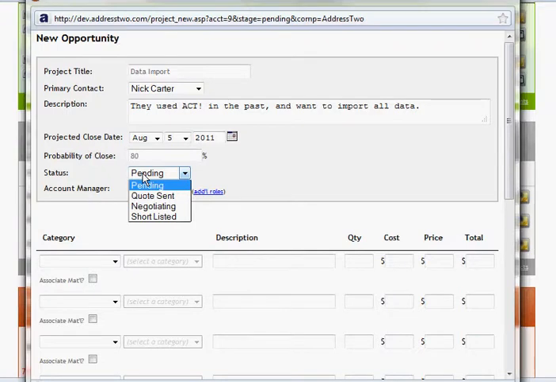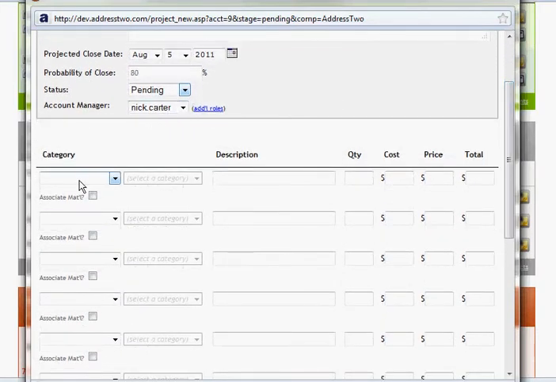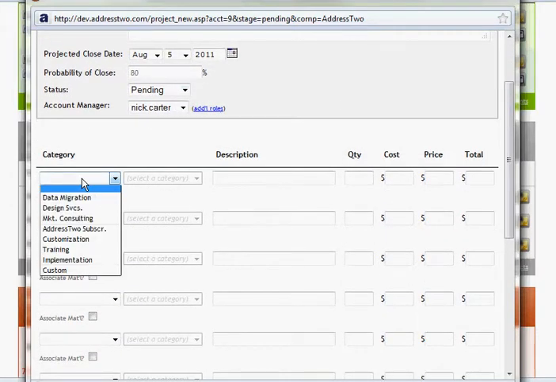We can have multiple statuses. So even within this opportunity stage or forecasted stage, we can have multiple statuses of the project. That can be, quote, sent, negotiating, shortlisted. These are just some examples that we've made up. You can create your own statuses. We can say who the account manager is, and then we can get down in here and break it down